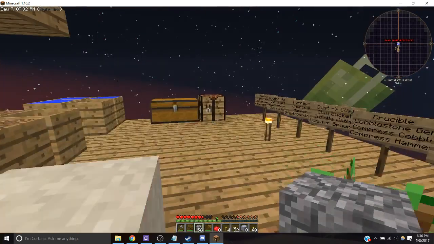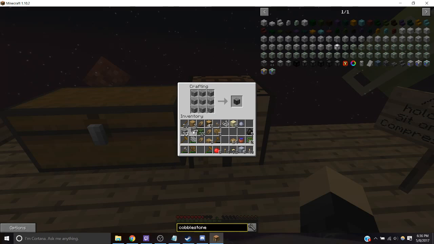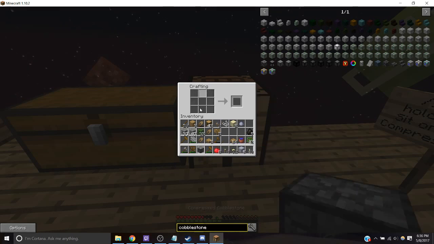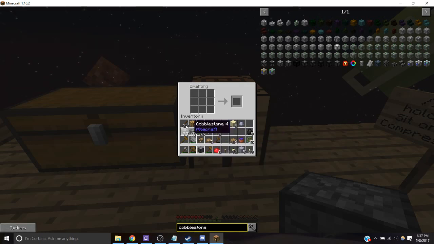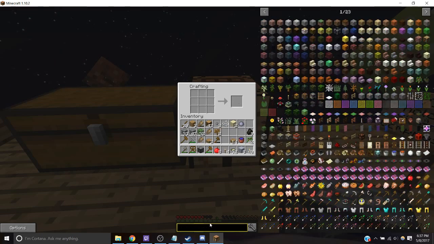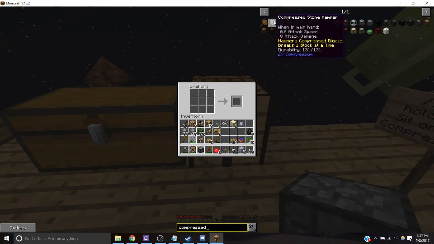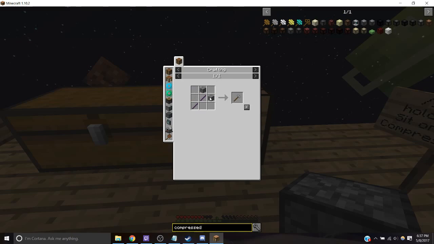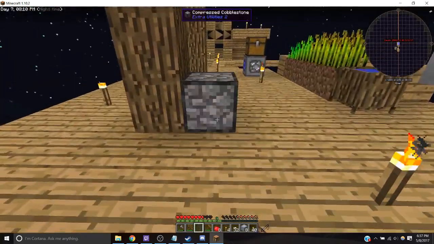And once you get into the Stone Age with cobblestone, you're going to want to learn how to make a compressed cobblestone block, which is just 9 cobblestone, and how to make a compressed stone hammer, and that's just 9 hammers together. You'll want to make this. It's a really easy formula, and what that's useful for is mass producing